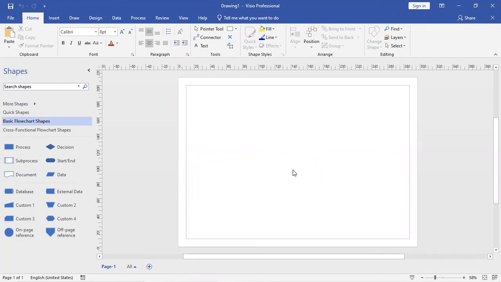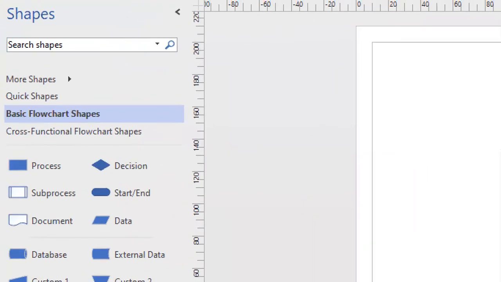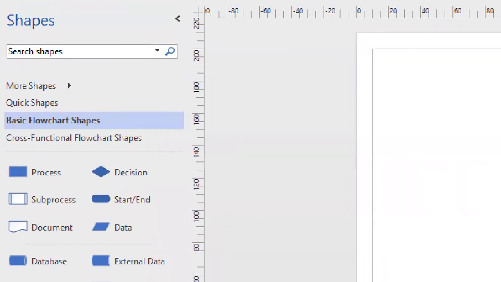Before doing a flowchart, check these basic shapes that are very important for our lesson today. These are all the basic flowchart shapes used for doing a flowchart.